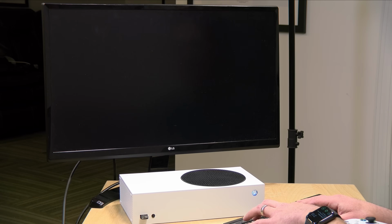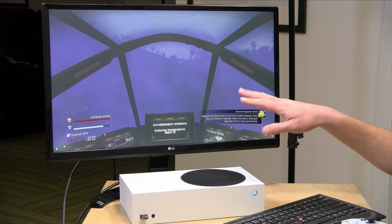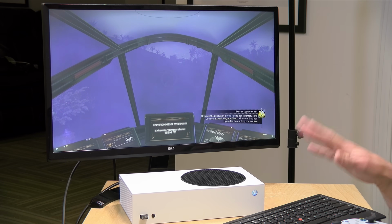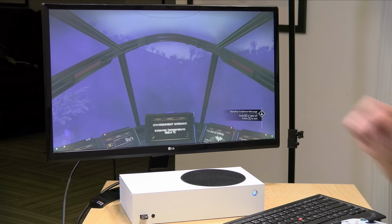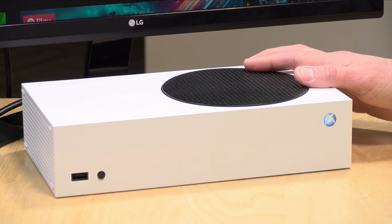well, all things considered. The graphical fidelity isn't great on this like it would be on an NVIDIA Shield that can stream at a higher bit rate, but it does work. And if there are other services that also allow for a browser-based streaming solution, those would likely work here too. So overall, the Xbox remains a great gaming platform, but I was a bit disappointed with its streaming performance, and